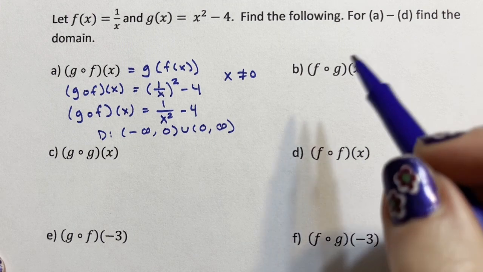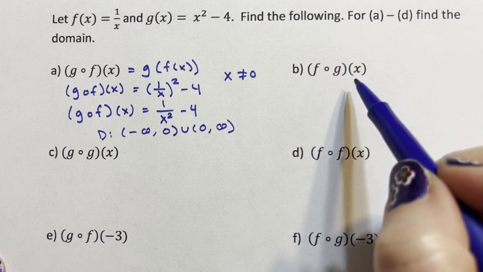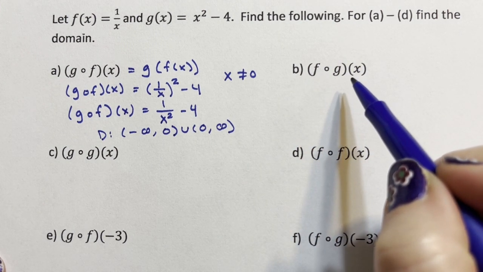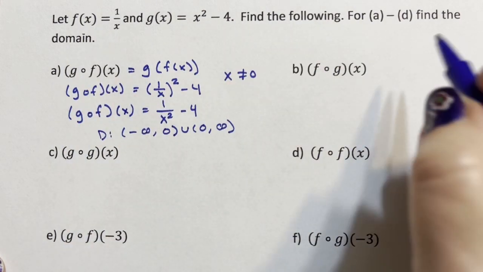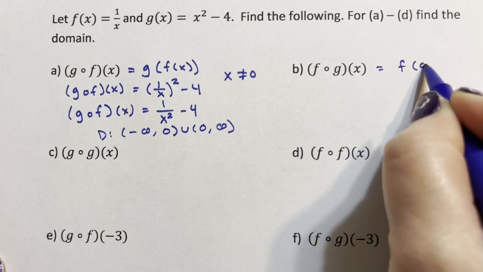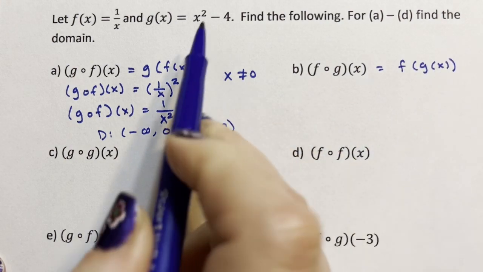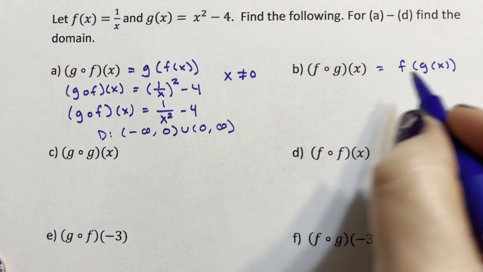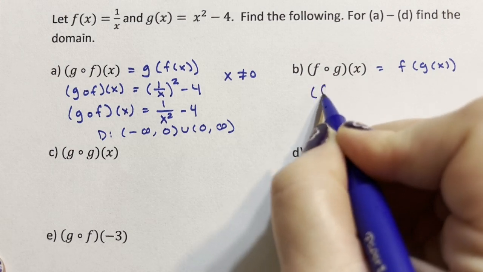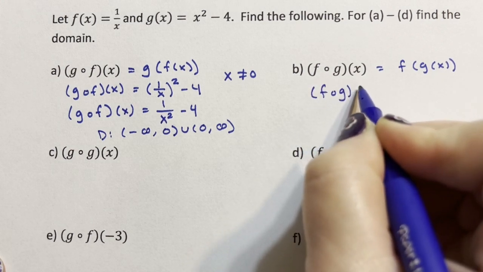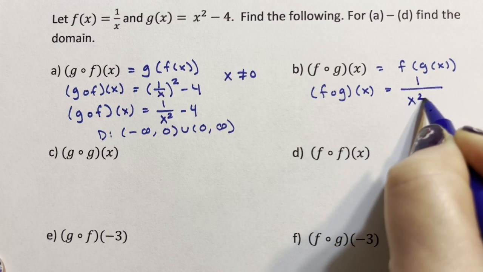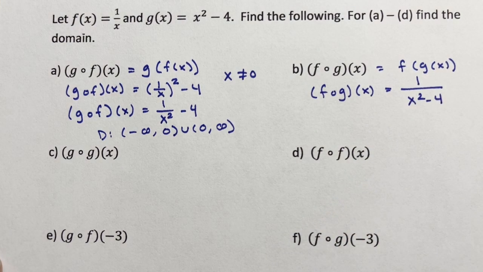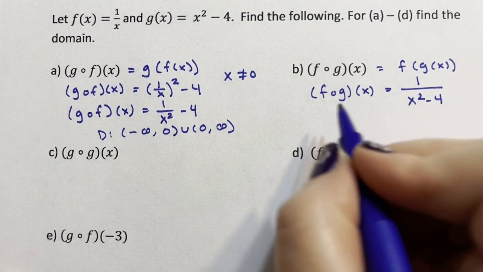All right, for b, f of g of x, we're putting g of x in for x here. So we're saying f of g of x. So we're going to put this in for this x. We're actually going to get, for f of g of x, 1 over x squared minus 4. There's nothing more we need to do, but to find the domain,